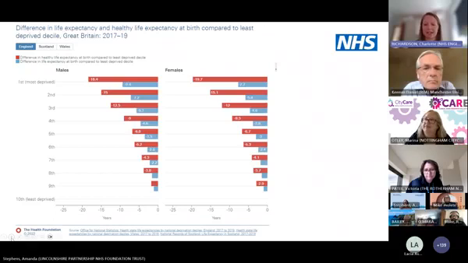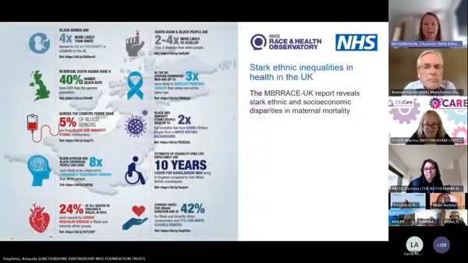So if you could go on to the next slide, as well as the deprivation, we also see stark ethnic inequalities in health in the UK. And there's some excellent data and reports from the NHS Race and Health Observatory on this, with this summary graphic of all the different ways in which inequalities have been discovered. So on the top left, this is mirrored in the data from the Embrace report. Black women are 4 times more likely to die in pregnancy or childbirth in the UK. And we see higher mortality in South Asians from cardiovascular disease, and aspects such as blood donation and organ donation inequalities also have an effect on healthcare.